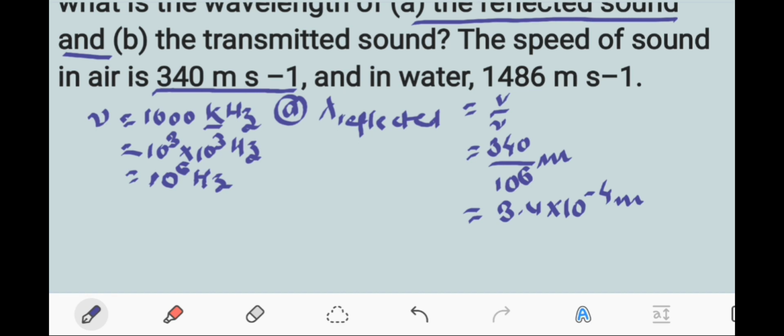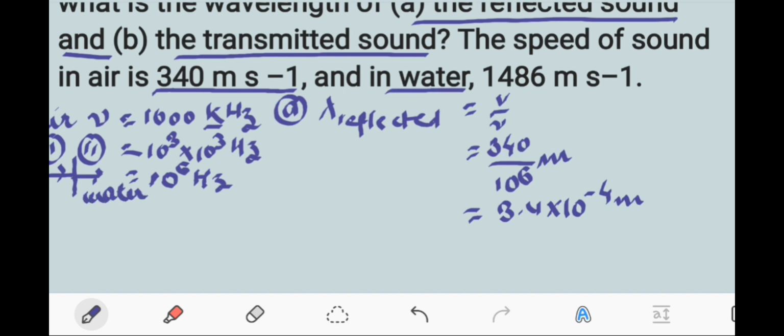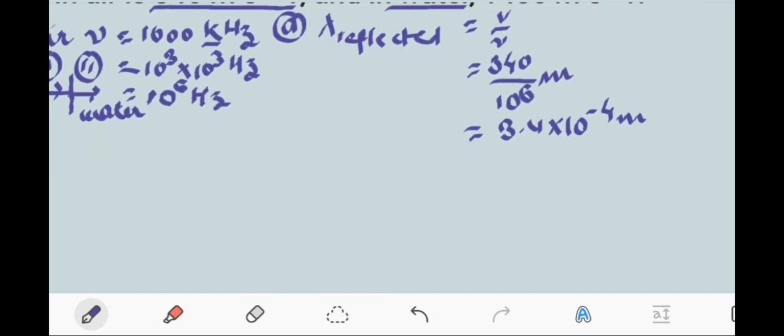Okay, now the second part is the transmitted sound. Transmitted sound means the wave has traveled from one medium to the other. The first medium was air, and the second medium, it is saying, was water. So the second medium was water, and we were supposed to be finding the wavelength in the water. So wavelength of the transmitted wave,